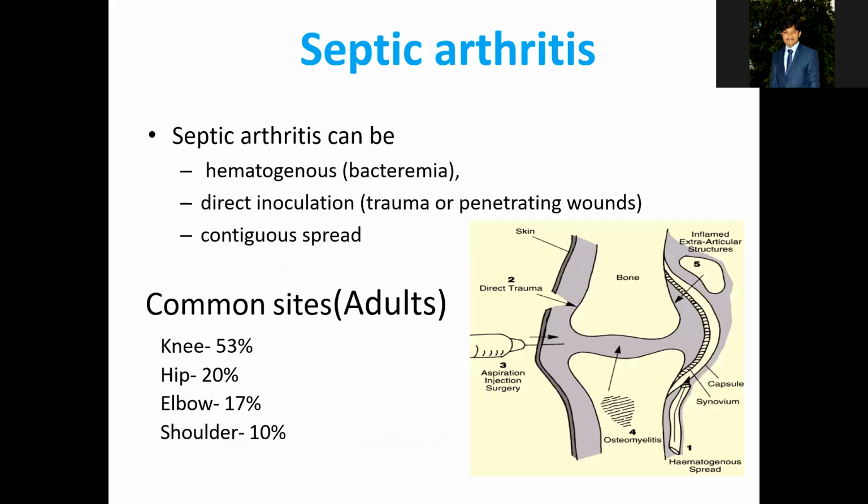First, we discuss septic arthritis. Septic arthritis is inflammation of the joint due to an infective organism. It occurs by hematogenous route or direct inoculation due to trauma or penetrating wounds, or contiguous spread from metaphyseal osteomyelitis and extraskeletal structures with ligamentous